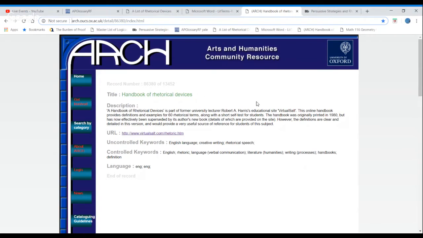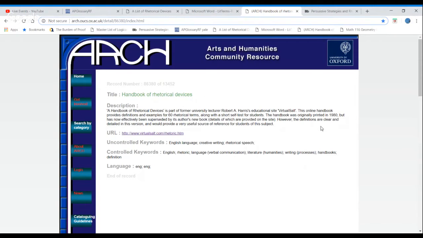Handbook of Rhetorical Devices. A handbook of rhetorical devices is part of former university lecturer Robert A. Harris's educational site, Virtual Salt. This online handbook provides definitions and examples for 60 rhetorical terms, along with a short self-test for students. The handbook was originally printed in 1980, but has now effectively been superseded by its author's new book, details of which are provided on the site. However, the definitions are clear and detailed in this version, and would provide a very useful source of reference for